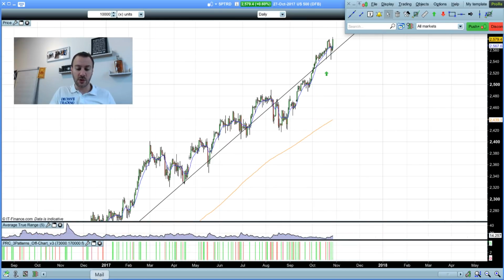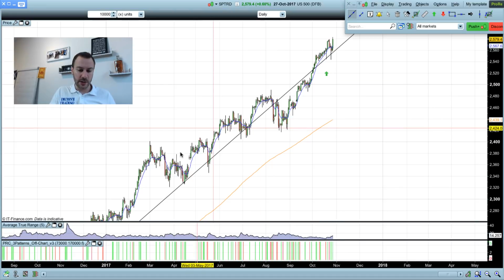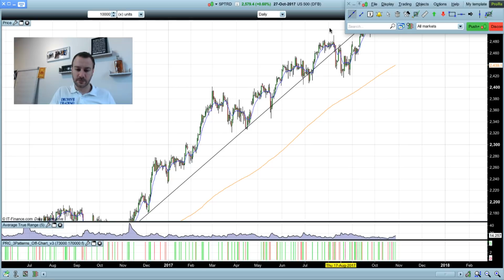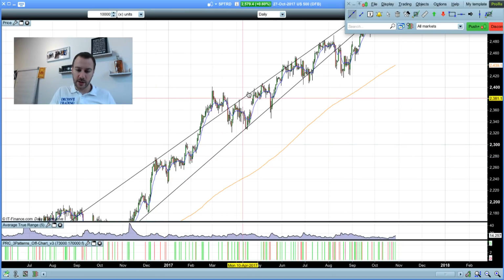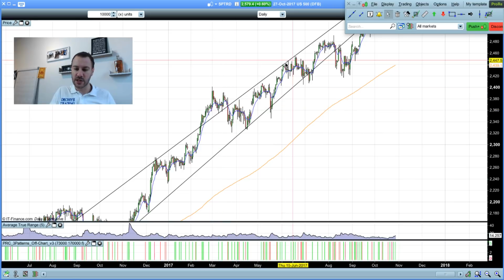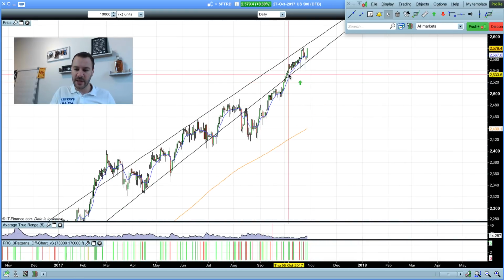Okay, so what I'm also going to do is I am going to put in the upper sloping support and resistance line that we had. So we had it right here. We had it coming through, testing at these levels, and then testing at these areas of price action. Just want to bring it up until it's just touching at these levels. Testing here. And then as we come up, you can see the market spiked up into those levels